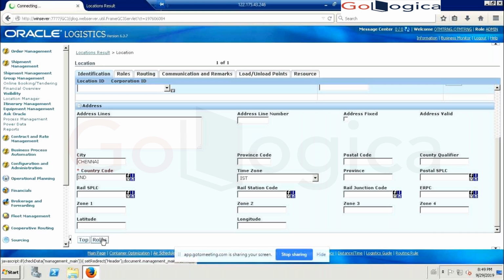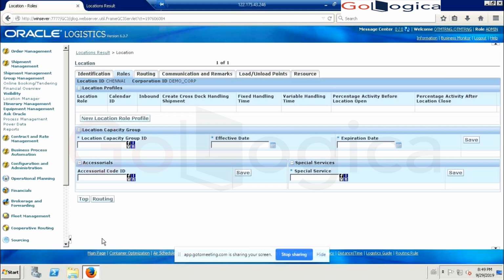I have given the details. I'm just updating the role information. Without the role information we cannot create the location, because we have to define the role. Location role is important.